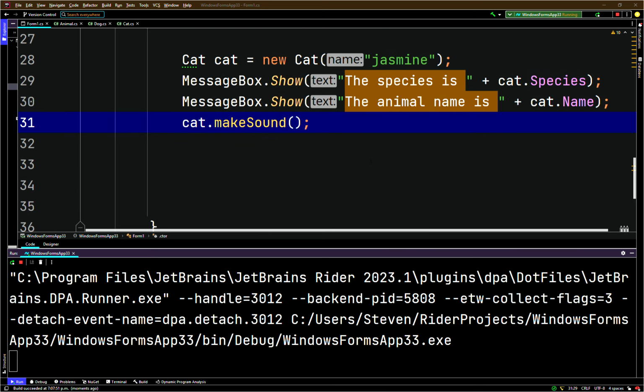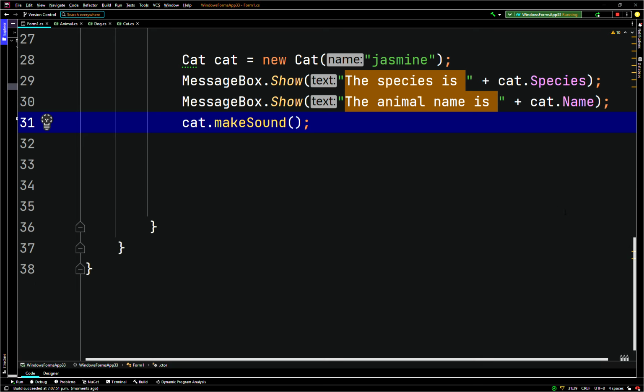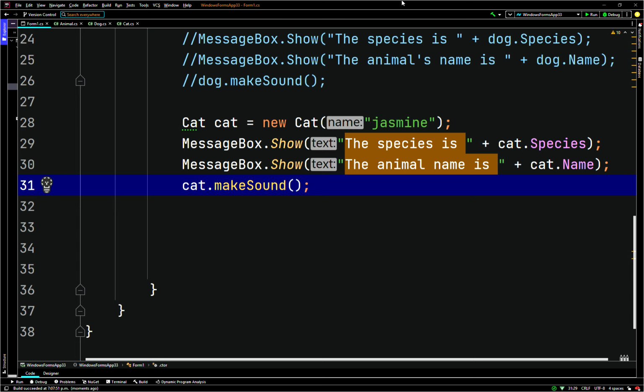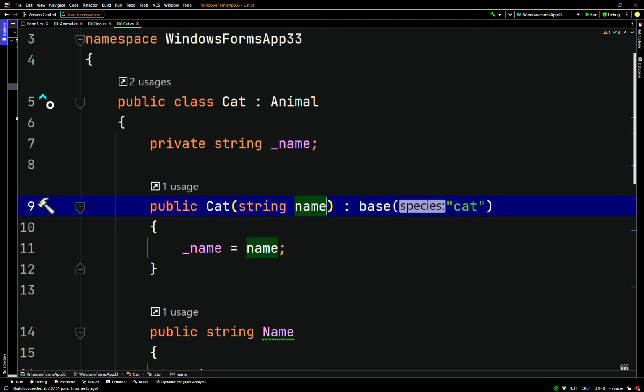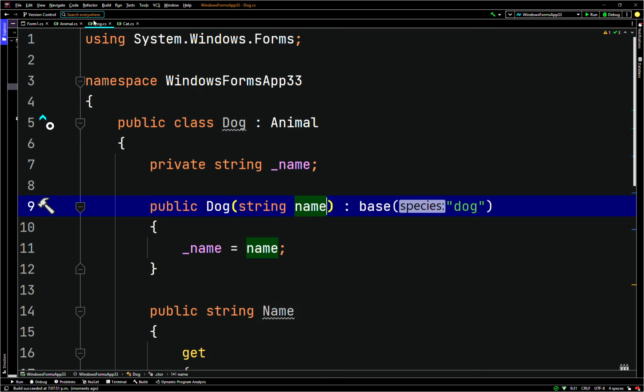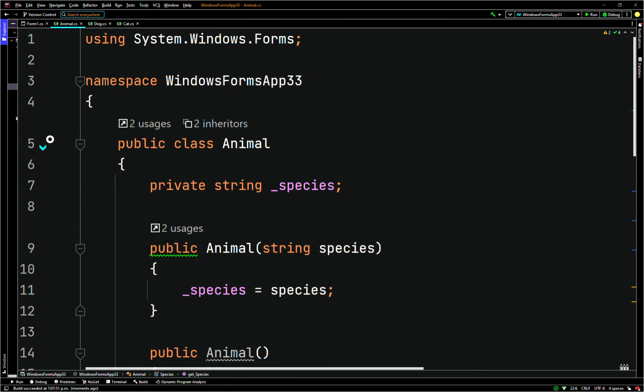Yeah, so because we got 3 different message boxes, so that works. Okay, was there something else we could have done here? I think we could try something else. We could try a few things. So the cat class here. We could have given it, okay, so the animal has a species, so perhaps we could have said,